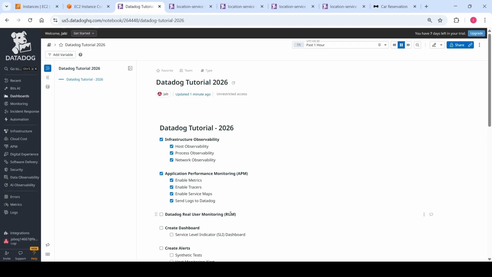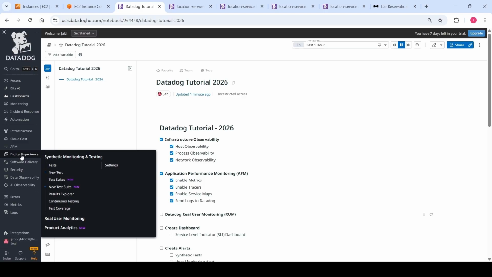We are able to create synthetic tests which generally mimic our end user behavior, but that is not actual end users, that is a synthetic test, right? So what we want to do is understand what's exactly happening inside our front end code. For this, we can go into Datadog Real User Monitoring,